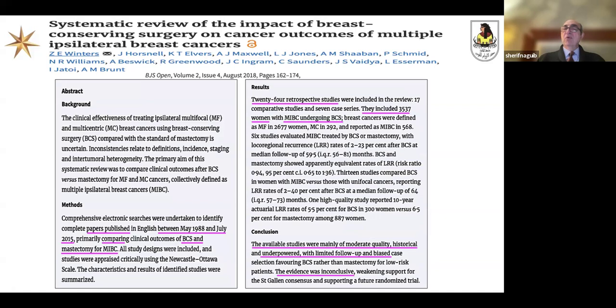It included 24 retrospective studies that had more than 3,500 patients who all had multiple ipsilateral breast cancer and who